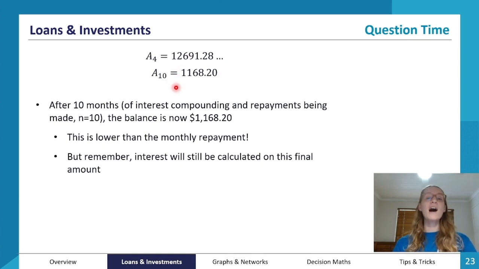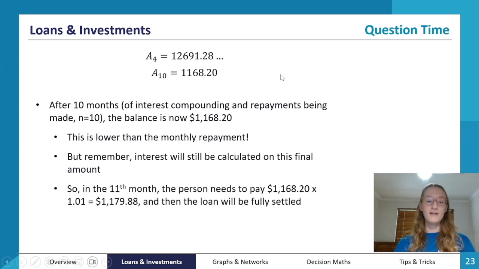It's still the amount A11, so the amount owing in the 11th month, is still going to be this amount here, multiplied by 1.01, and then take 2,000, except it's not going to be 2,000. It's going to be whatever the amount left owed is. So we've got to make sure that we remember to apply the interest on this final amount. So what we did here, we took that final amount, multiplied it by 1.01 to work out the last little bit of interest, and that left